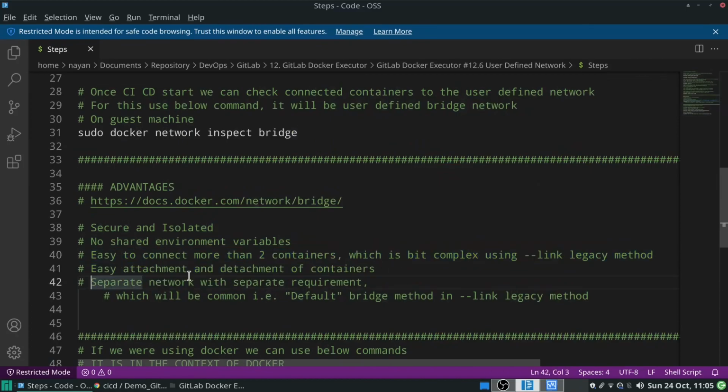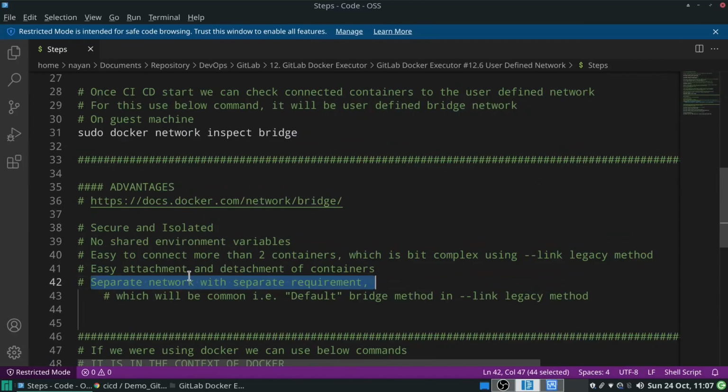Also, if you have different network requirements for different purposes, for example, for a cluster of a few containers, we need to create a different kind of network which will have access to different IPs, different networks. It is easy to create a separate network with separate requirements, which is not possible in the case of the default bridge network method, that is the --link legacy method.